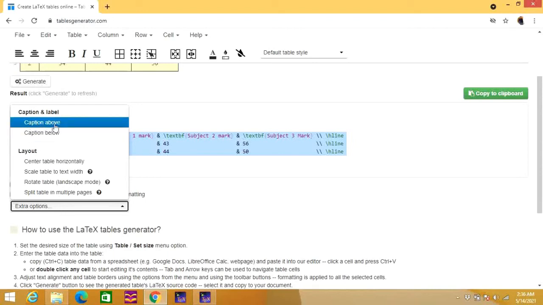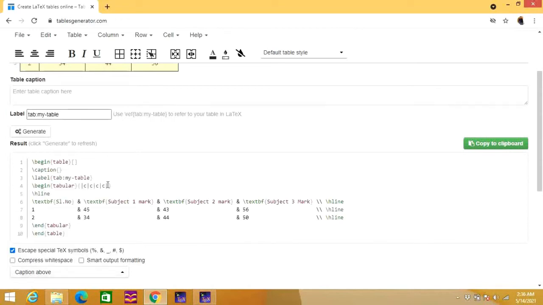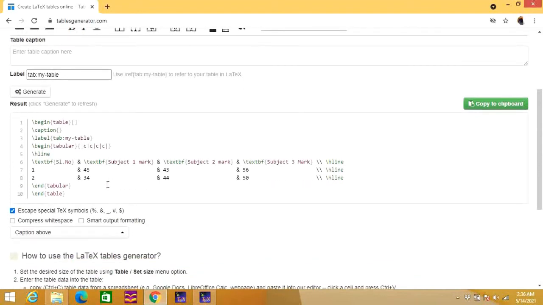So here you have two options, caption above and caption below. That means if you want to keep the caption above the table, you can use above. If you want to keep the caption below the table, you can use caption below. I am going to use caption above so that the caption will appear at the top of the table.